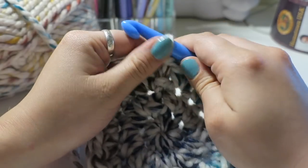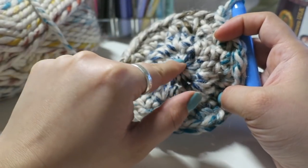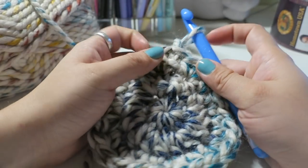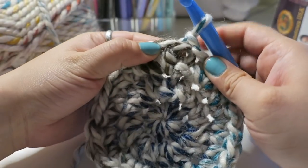So for this next round, you're going to start with another chain. So yarn over, pull through to make a chain, and you're going to follow the same increase as we did before, but again, it's not going to be the same, but it's in the same pattern. So the way you want to do it is you want to make 2 half double crochets into the first stitch,